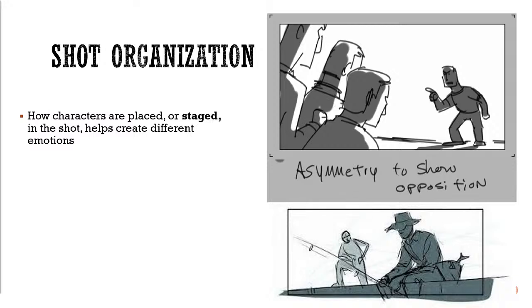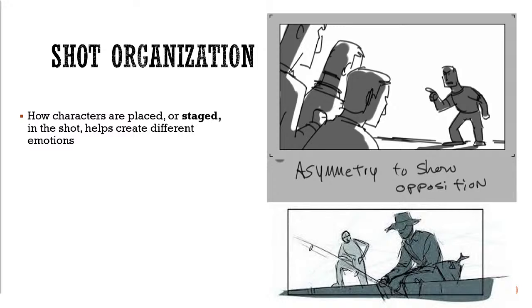Shot organization, again, is how characters are staged. If you're going to have characters arguing, you don't want them on the same side of the shot, unless you're doing an Aaron Sorkin walk down the hallway shot. I don't even know if you all know who Aaron Sorkin is, but when I was in college, The West Wing was big, and his trademark is the shot where two characters talk about a thing while walking down a hallway. And it just follows them.